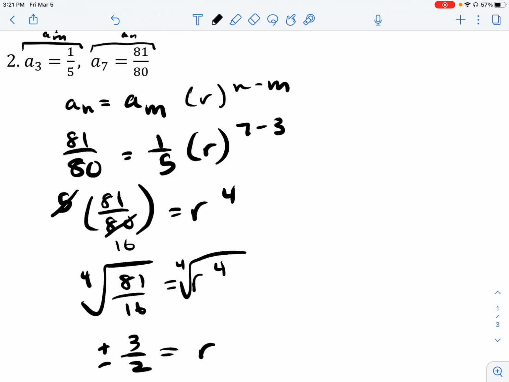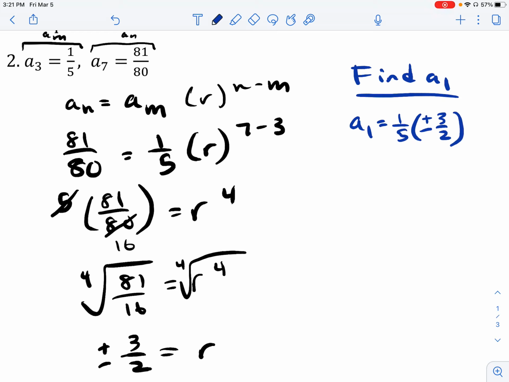Now, the next thing I want to do is solve for a sub 1. So let's find a sub 1. So what is a sub 1? To find a sub 1, I'm going to, again, use my nth term formula. So my first term that I'm using is a sub 3, so that's 1 over 5. We said our common ratio was plus or minus 3 halves. And what was the difference in order? It's n, in this case I'm solving for the first, minus m, which was 3. 1/5 was the third term. So a sub 1 is equal to 1/5